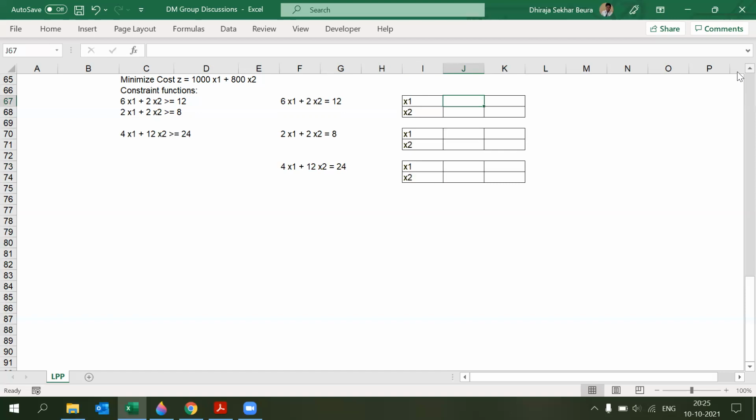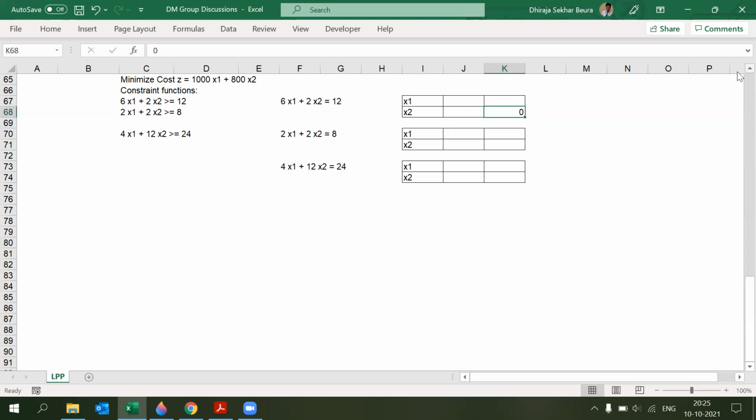In the first one, 6 and 0. So for x1, you are saying 6? Yes, x1 is 6 and x2 will be 0. Let's go like this. Which one are you saying is 0, x1 or x2? So you are saying for one scenario, you are taking x2 as 0, right? That's what you're saying? Correct.